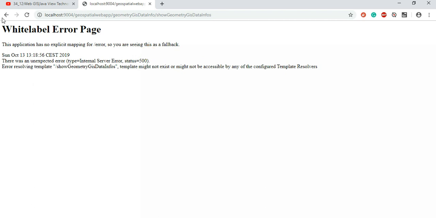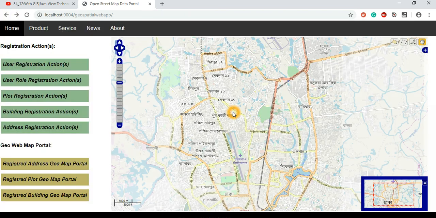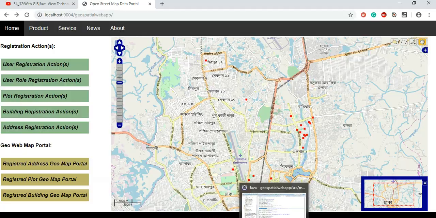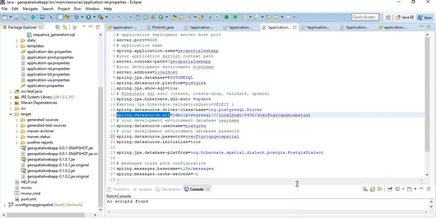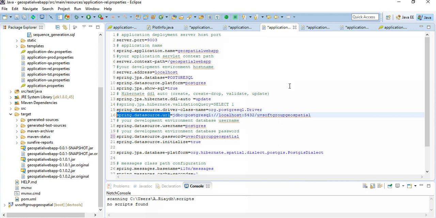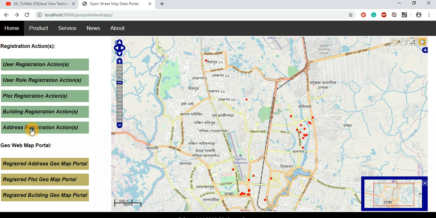So I will show you how it works when I run the application from my Java from here. This feature has to go with the port number, and that is one of the important things. You need to concentrate on that one. So let's finish this part first. We have a test case, like one test we're running. We generate the plots and all the information. You see here how